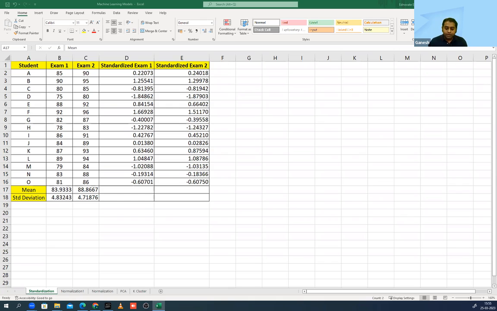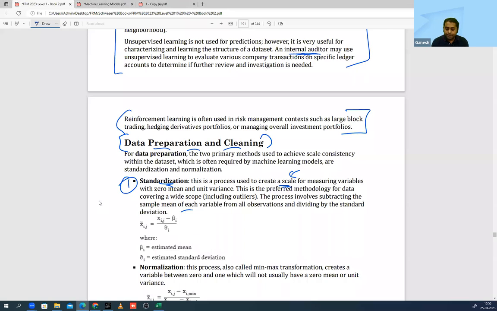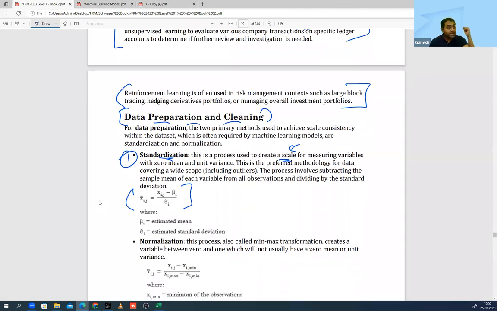Now, if you look at this section, look at the entire data over here. The idea is that the data is more or less now around 0 and 1. Can you see that? It is around -1, 0. How do we do the standardization? I'll go to the book now. Can you see this formula? So they are doing it for each data point. This is my data point xij. What is this? This is my mean and this is my sigma.